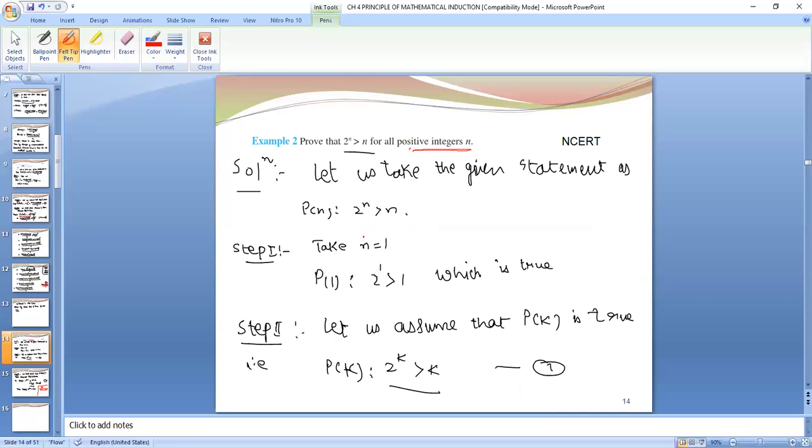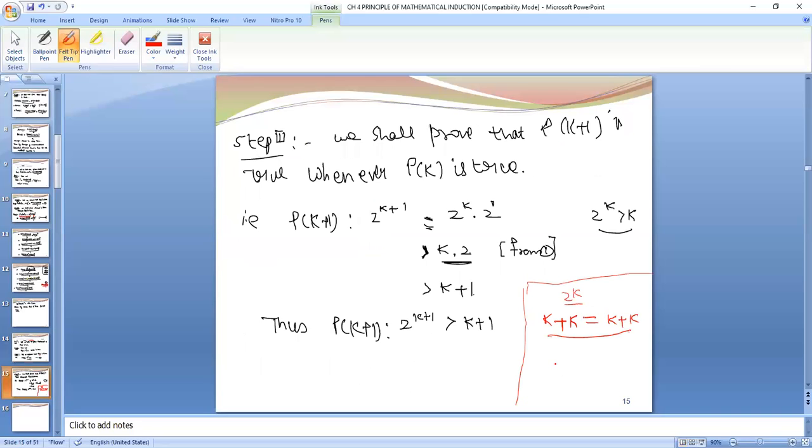Whatever the results I have to prove for positive integers. I have already proved the result for n equals 1. The result is true. Now that means whatever k is, it takes values greater than 1. It will be 2, 3, 4, 5, 6, 7 and so on. k can only take these values, because for k equals 1 we have already proved the result. Now the values of k will be greater than 1. So I am taking all k greater than 1.